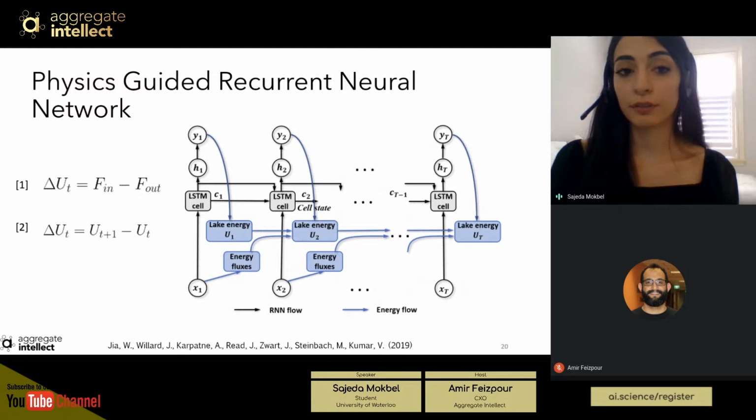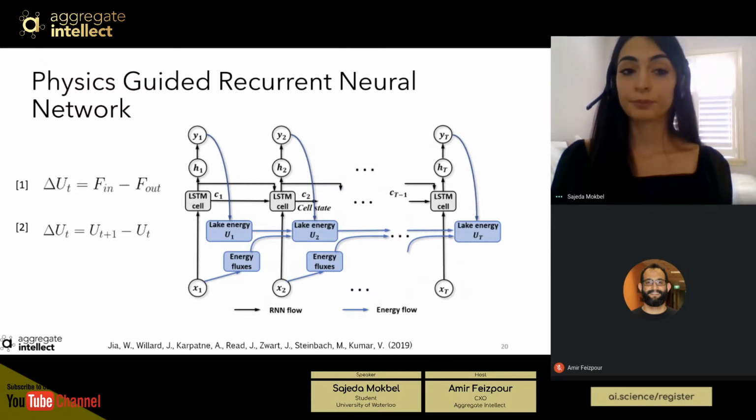And this is sort of the overview of how they constructed the physics-guided recurrent neural network for this lake problem. So they're keeping track of the lake energy and energy fluxes through time. And I have two equations, equation 1 and equation 2. So the first equation, the change in energy depends on the energy fluxes going in minus the energy fluxes going out. So if there's more energy fluxes going in, it'll change the energy and eventually maybe increase the temperature